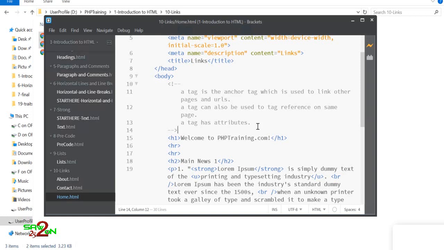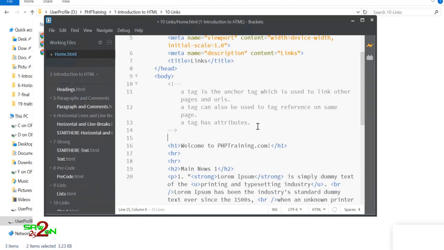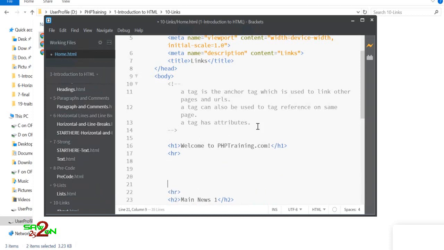The first anchor tags that we'll add are the links to the pages. You see the two horizontal lines, we're going to add in between them. We're going to add the UL here, that is the unordered list, and we're going to add 3 items here, and inside each item we're going to add the links.